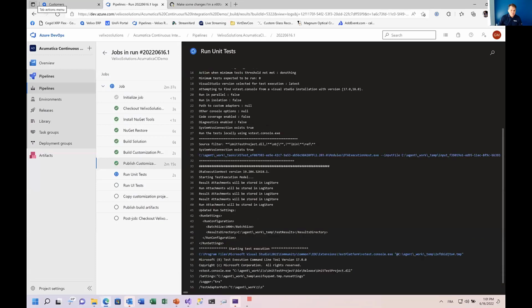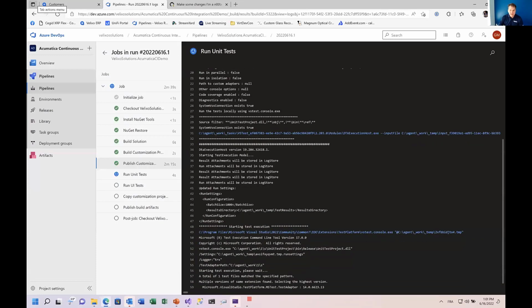Okay, final question from Patrick. Does Azure Pipelines have an instance of Acumatica running? Initially, I thought that I would need one, but the instance of Acumatica is running on a separate VM. You can use off-the-shelf build agents and simply call an Acumatica VM that's running in your own cloud. If you want, you can have Azure Pipelines call your own build agent from your own machine with whatever Acumatica